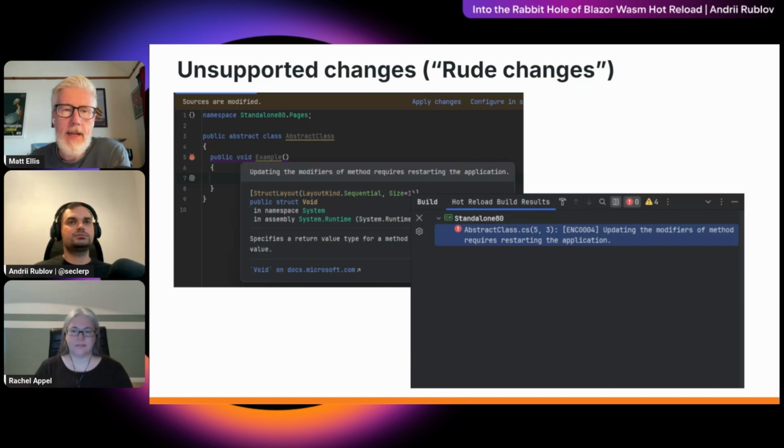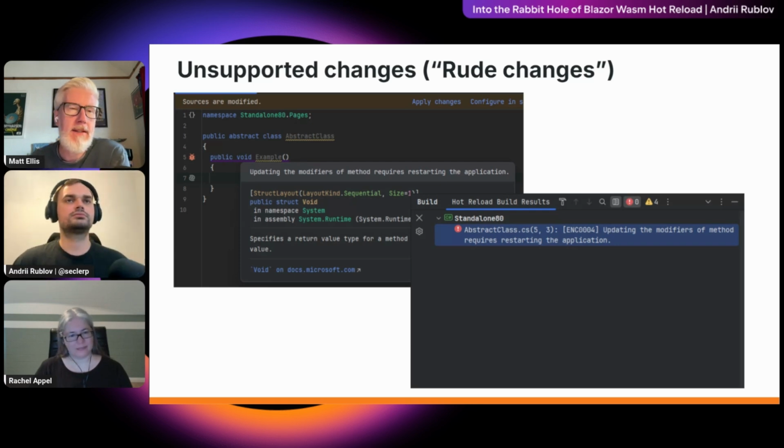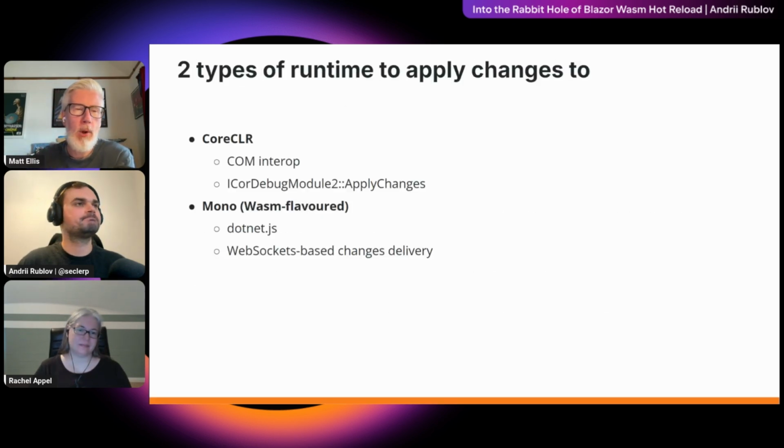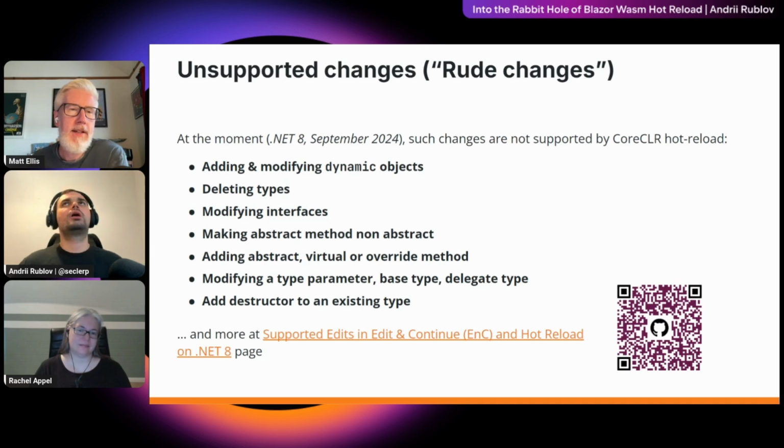Yeah, speaking of the unsupported changes, I like the phrase rude changes. Speaking of the rude changes, is the list of what is and is not supported changing with different versions of the runtime? So are we going to get to the point where we can replace more and more types of code? Yes, I think so, because the .NET team, from one version to another, improved the hot reload mechanism,